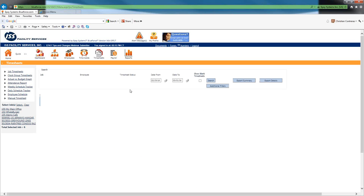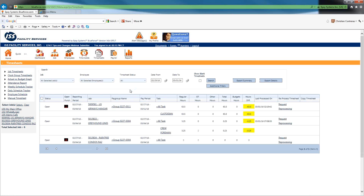And when I click on Timesheets, the system may or may not prompt you for a job selection. In this case, I have my jobs already predetermined because I am a submitter, so I may not get prompted for jobs. What that is telling me is that these jobs shown on the left-hand side of the screen are the jobs that I have access to seeing. So right now I have 6 available to me under my role as submitter for